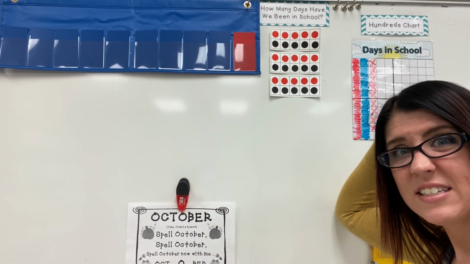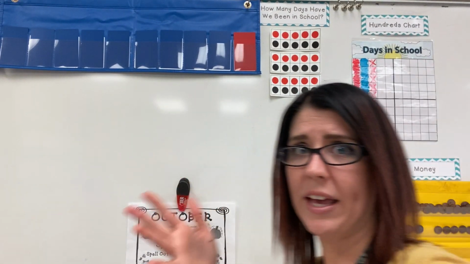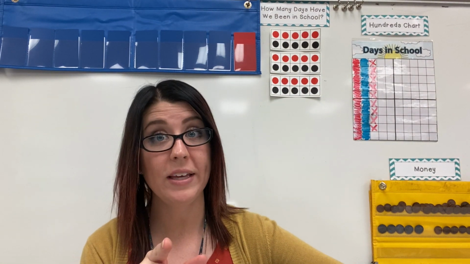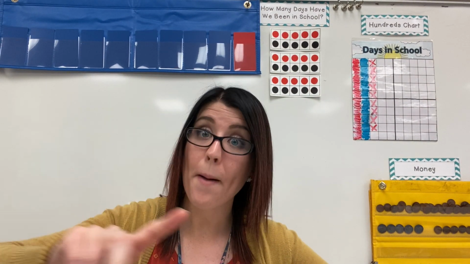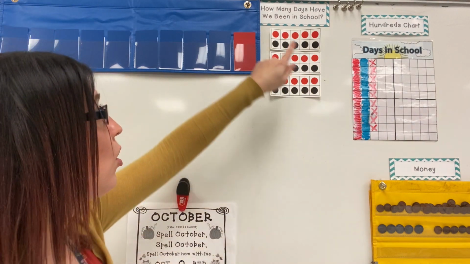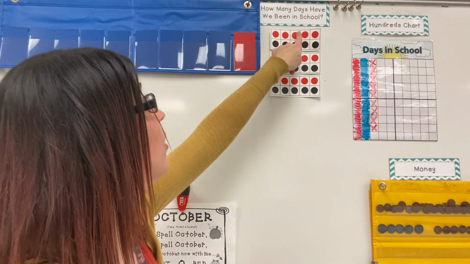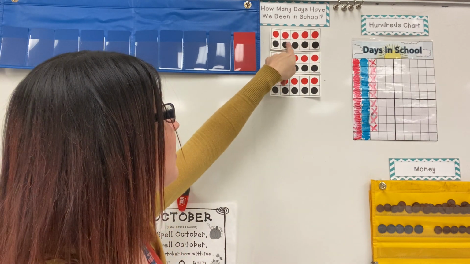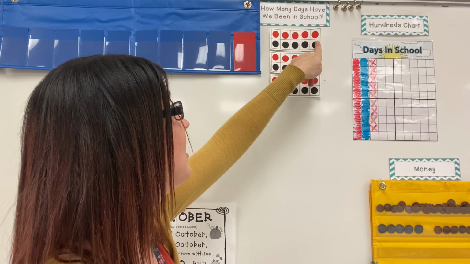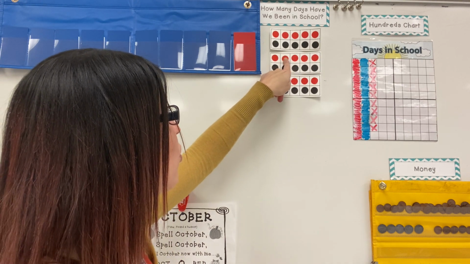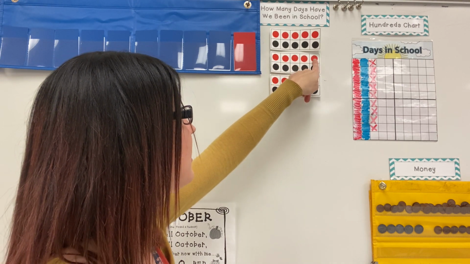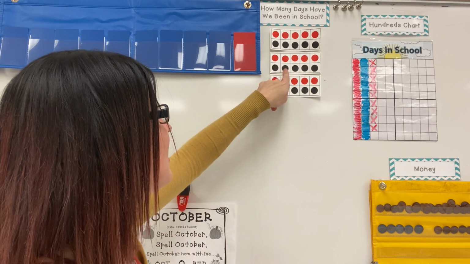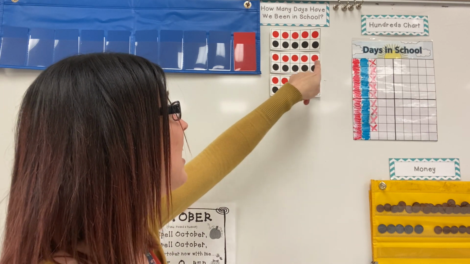I wonder how many dots it takes to fill up 3 10 frames. Should we count and find out? Remember, when we count, every dot gets 1 number and only 1 number. We can't skip dots, and we can't give some dots 2 numbers. Are you ready to count? Okay. 1, 2, 3, 4, 5, 6, 7, 8, 9, 10, 11, 12, 13, 14, 15, 16, 17, 18, 19,